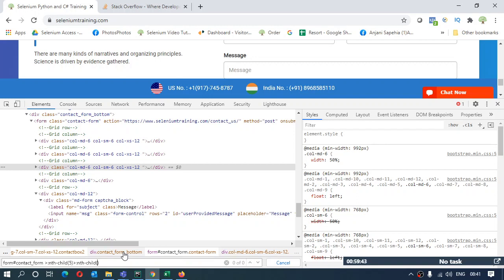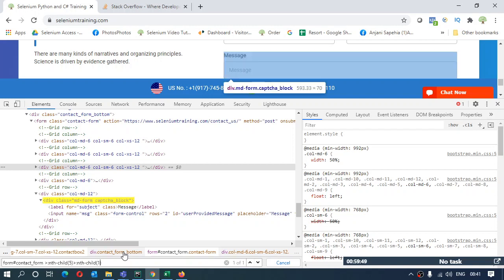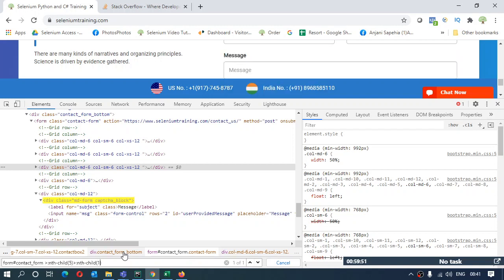Now I need to give the child tag number for which tag I want to go inside, the first one. Here I have to specify that I have to go inside the first child tag, right? So it got highlighted. Now inside this I have two different tags. One is the label tag, which displays what this text box is for, like typing for some message, some name, some email ID.